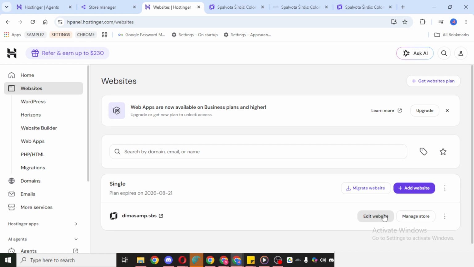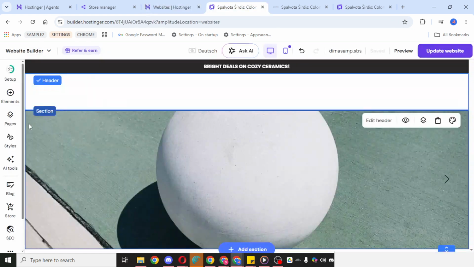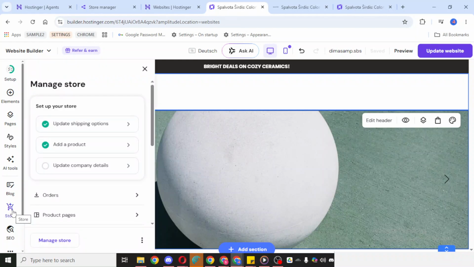This will take you to the area where your online store settings and management options are located. If you don't immediately see everything, just look around the store management section carefully, because the option you need is usually found inside the store controls rather than directly on the page preview.